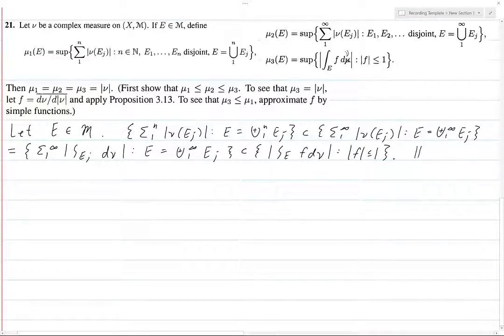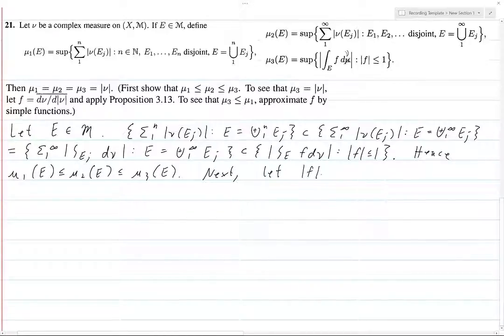And so, hence, if you look at what this means, this literally means that taking the supremum over these sets yields that mu1 of E is less than or equal to mu2 of E is less than or equal to mu3 of E. So that's basically the easy part of this exercise. So now what we want to do is prove that mu3 is less than or equal to mu1. So next,